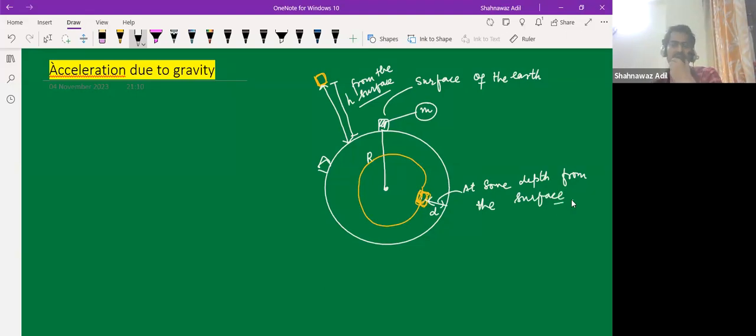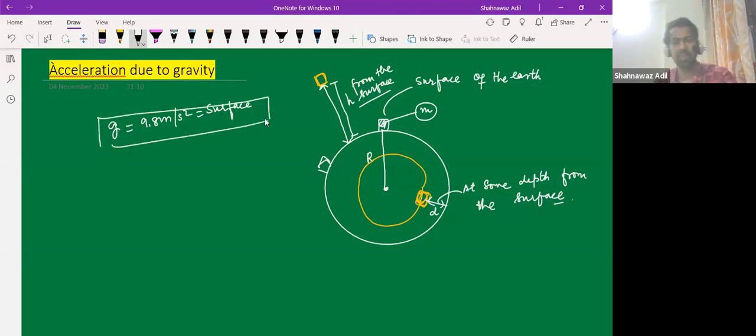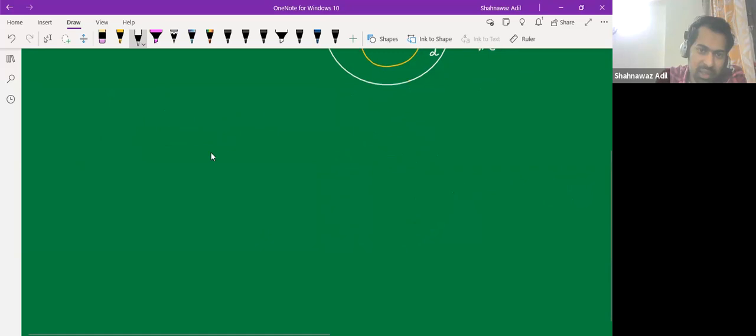So far, whatever G you were taking was 9.8 meter per second square, but that was on the surface. Now we will calculate the acceleration due to gravity on different regions. So first, before we do this, let us first understand what is